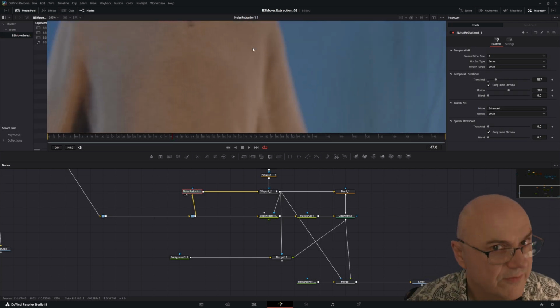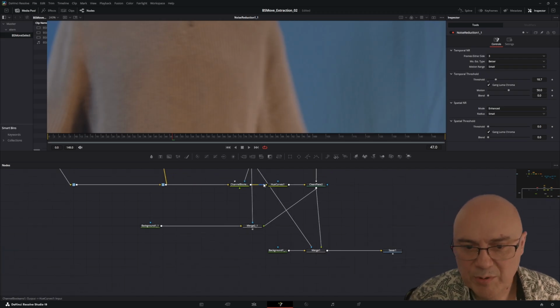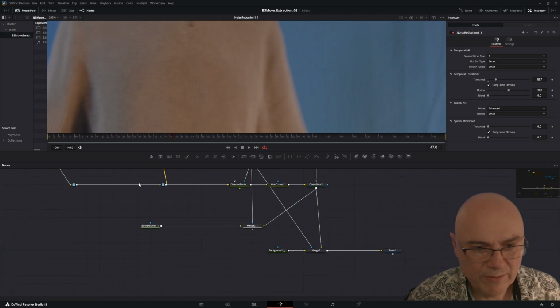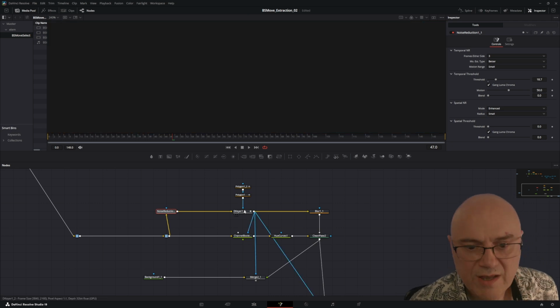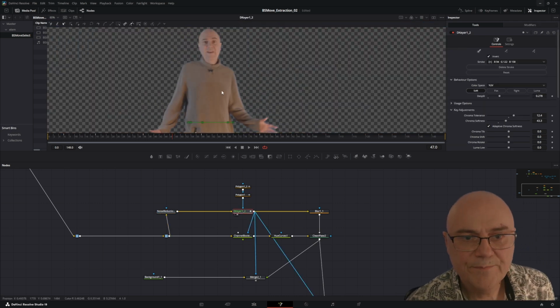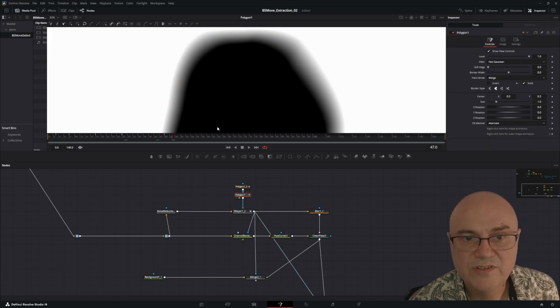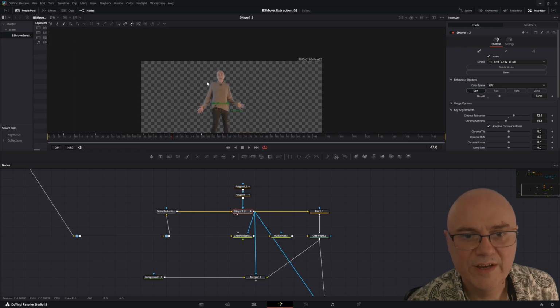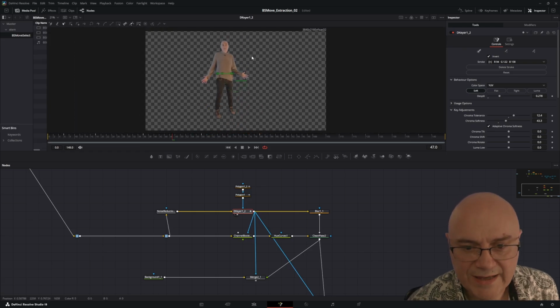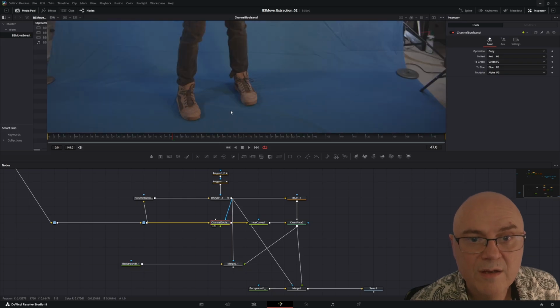But I'm only using this for the matte, so I do all my tricks to make my key, and then I put that matte underneath my foreground at the end. But we'll get to that. So here's my noise reduction, then I put it into my keyer, and then I've got some garbage mats that I'm using to get rid of all the stuff that I don't need. So then I've got my lovely key, and then I